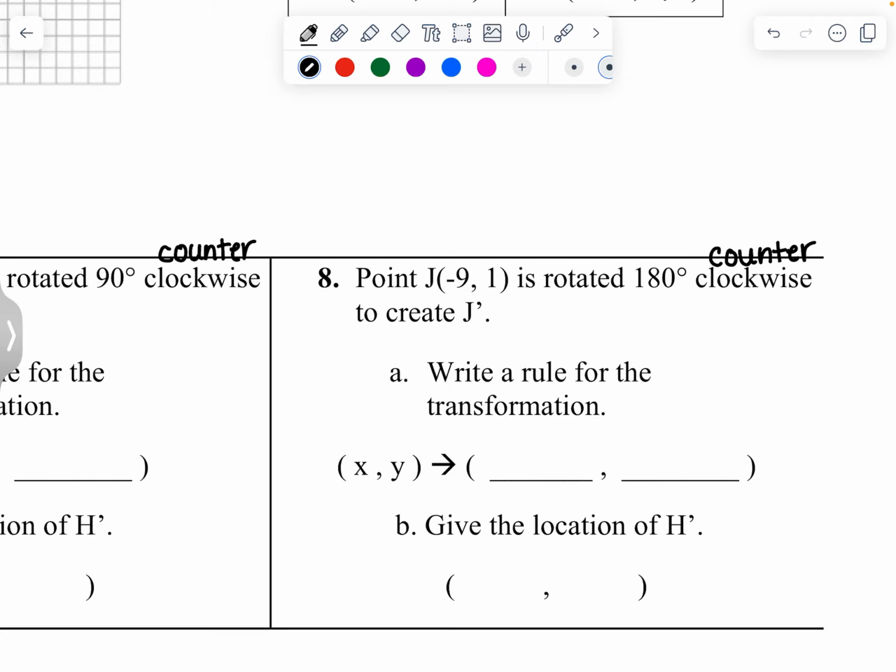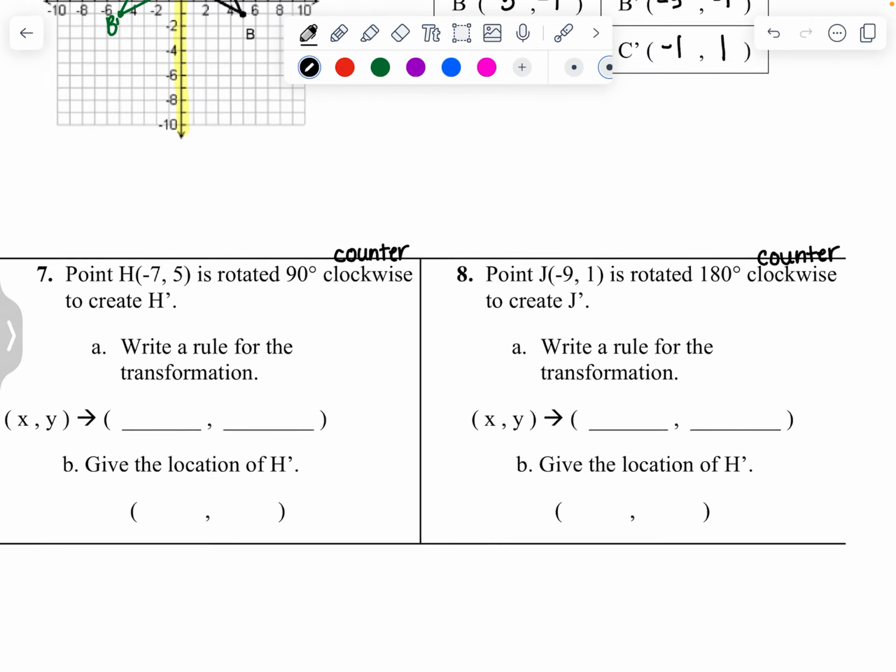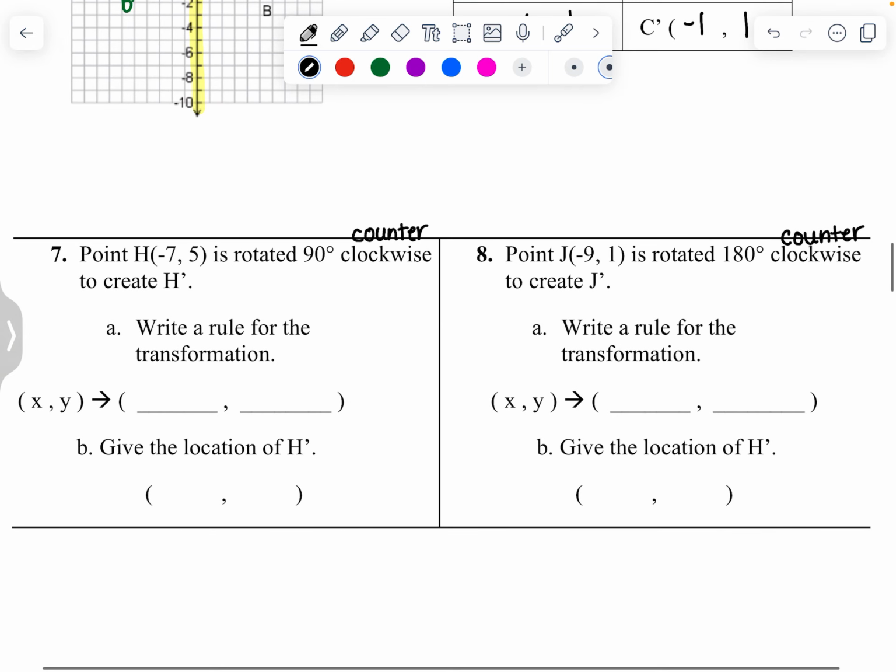And I'll check those numbers on the test, make sure those are counterclockwise, because our rules all go counterclockwise, but let's continue. Point H is rotated 90 degrees counterclockwise to create point H prime. And so write the rule for 90-degree rotation. A 90-degree rotation